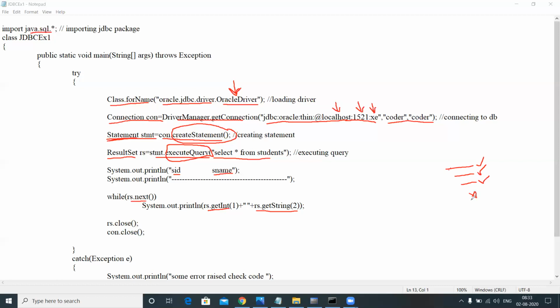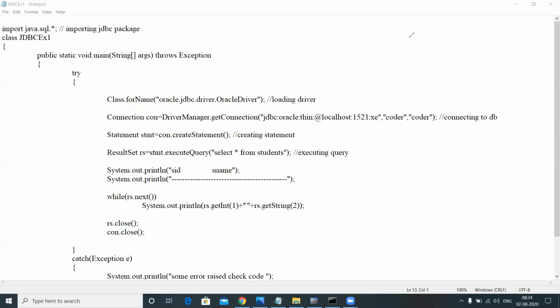So it gets stopped, which is nothing but the entire table content will be printed. rs.getInt(1) refers to the first column data, getString(2) refers to the second column, which is nothing but id, and here it is name.